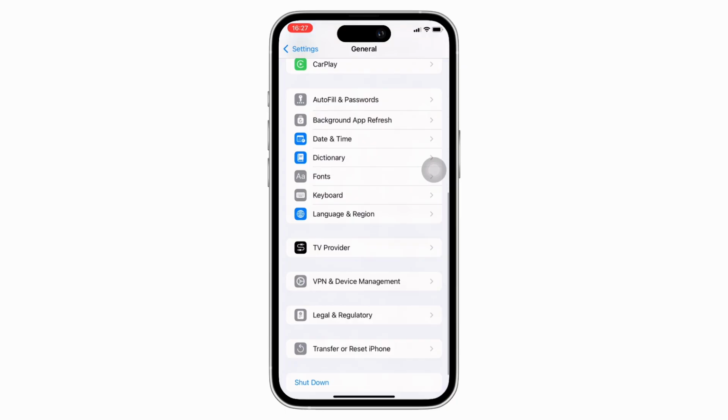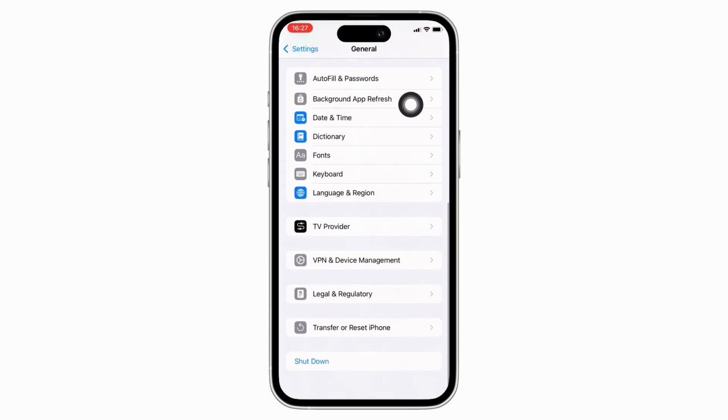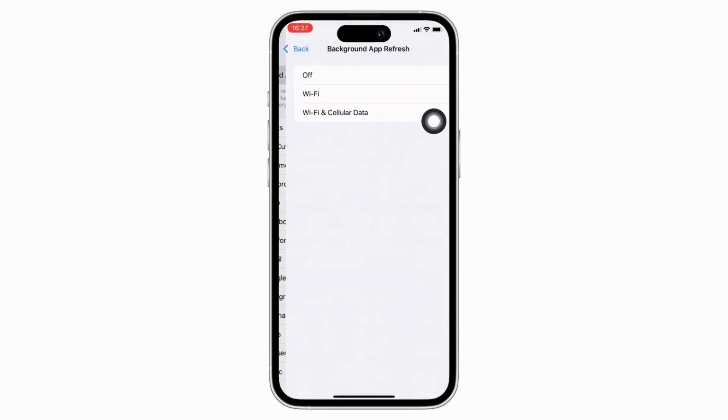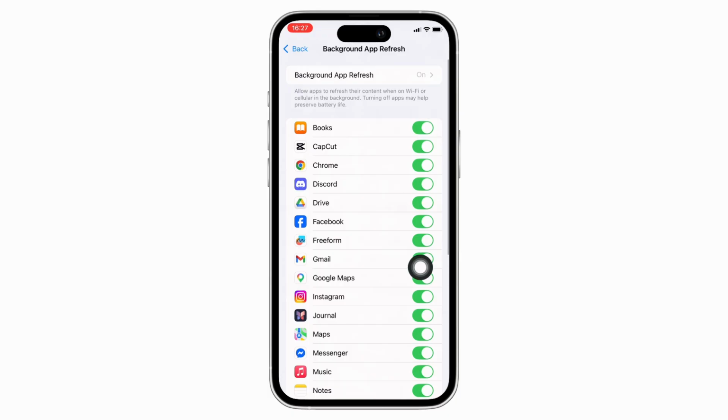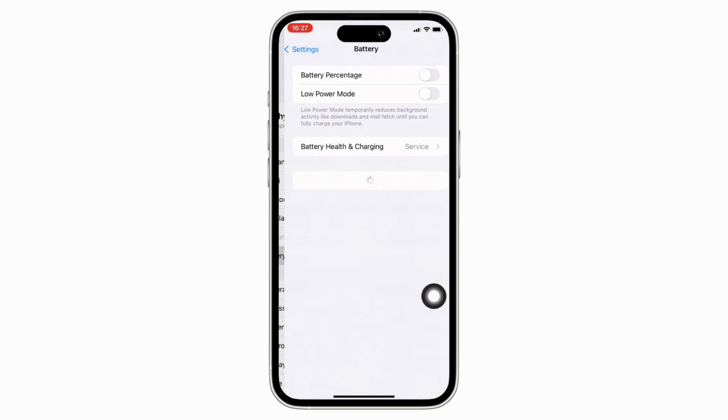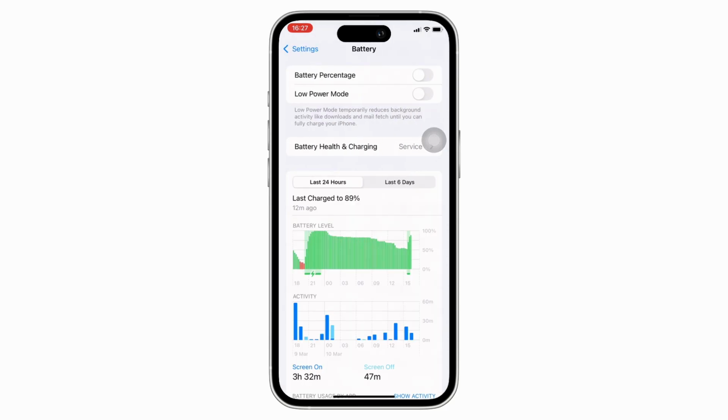Next, in settings again tap on general and then on background app refresh, and further go ahead and disable the option for background app refresh, or you can simply allow it for only important apps, as background activity drains battery and slows older devices. Next, go back to settings and tap on battery and then enable low power mode,